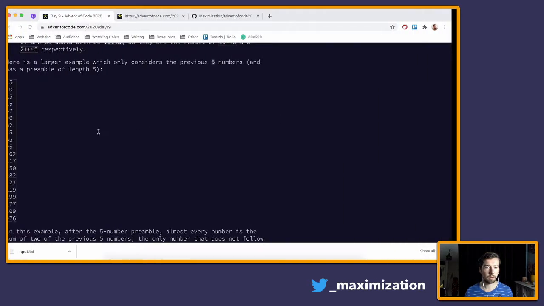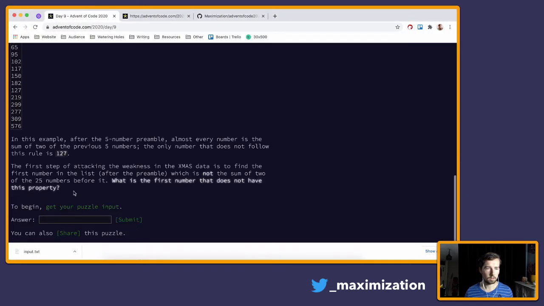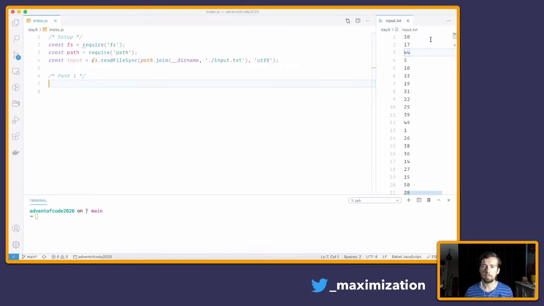So we get a preamble of 25. We get a preamble of 25 here, including this one. So that's our preamble, and then we start at 36. So that's at least something to know. We start at index 25,